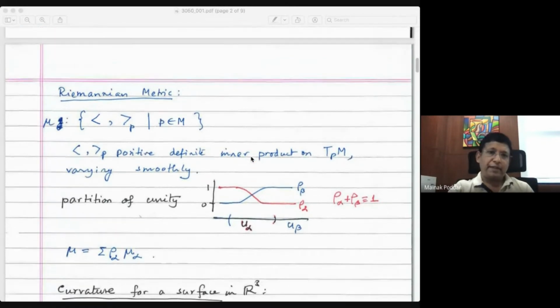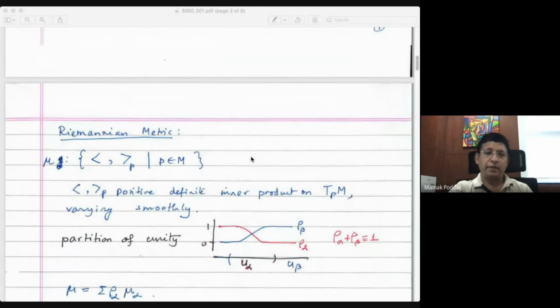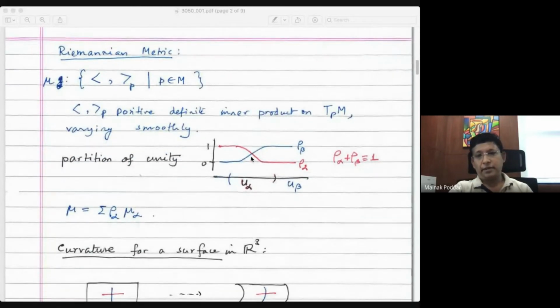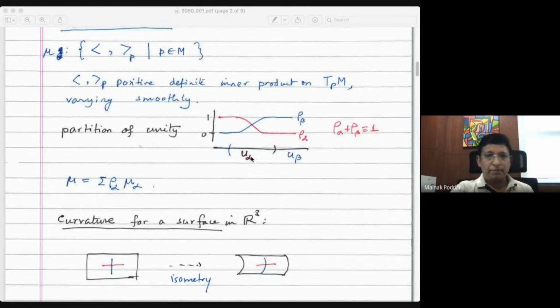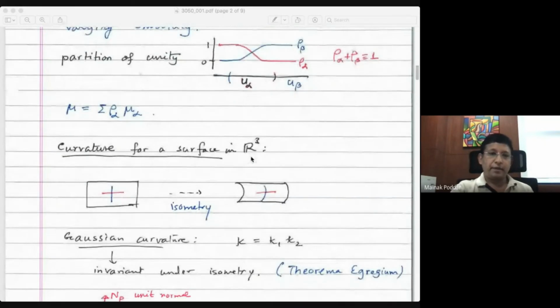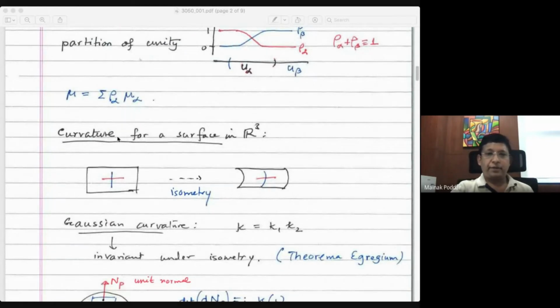For example, starting from the tangent bundle, like in linear algebra, you can take a dual of a vector space to get another vector space, and you can do this continuously, and so you can get a cotangent bundle, which is a dual of the tangent bundle, and so on. You can also take determinants or tensor products and so on. So anyways, now once you have this, the next important concept is that of curvature.